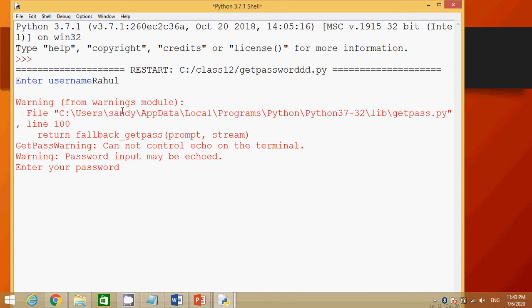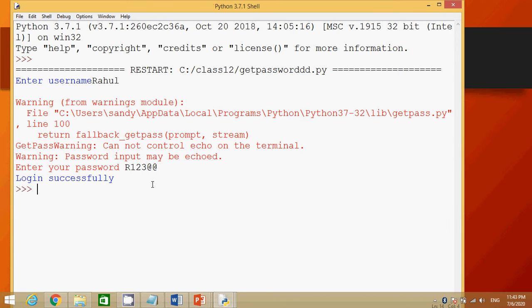Now you see the getpass warning: could not control echo on the terminal. Password input may be echoed, which means your password may be visible. Now I'm going to type r123@, that means username Rahul and password both are correct.